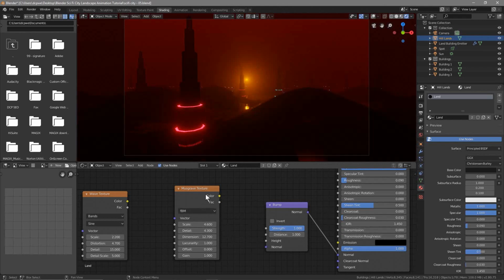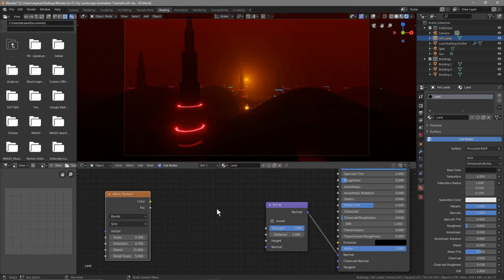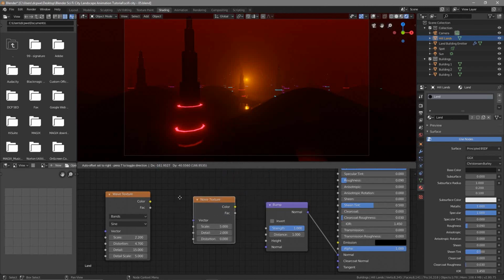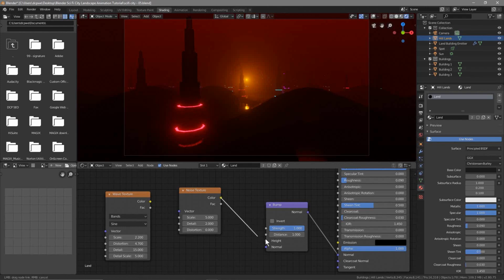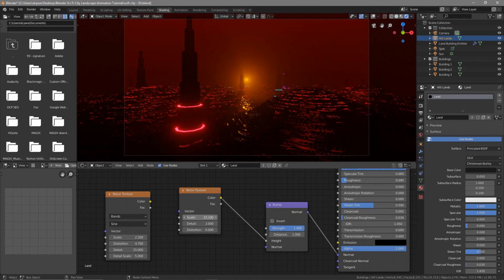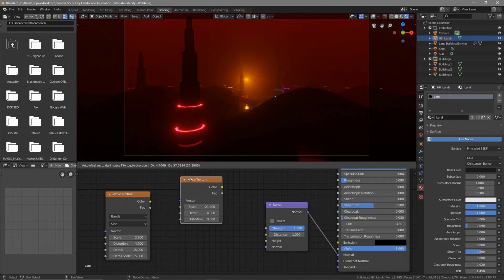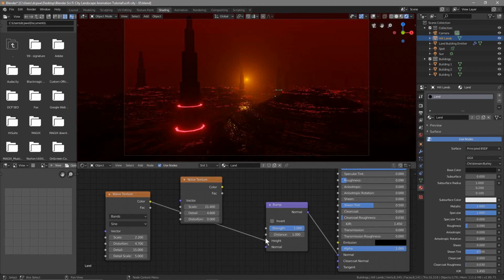So we can get rid of this one. Maybe we'll delete that. This is kind of the one I'm going to keep, but let's go back in here. Let's go to the textures option here, and we've got noise texture in here. Let's drag the color to the height here, and then we can scale that noise texture. We can generate noise here and get detail or smooth it out. You can play around with the settings, and then you can get a different style of rock here, right? So this rock effect. This one looks pretty cool as well, but I think we'll stick with our wave texture here. This one I quite like. Let's go to File, Save As,